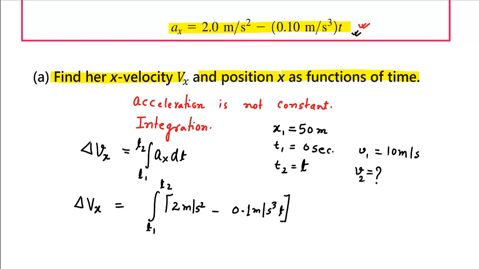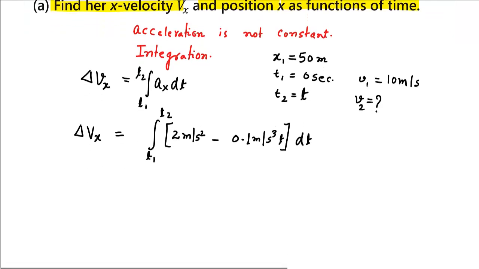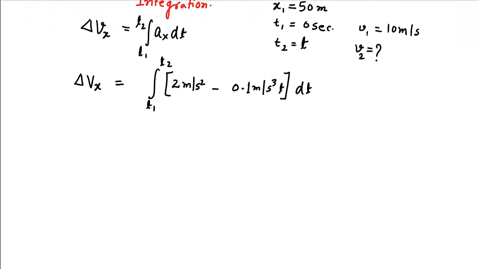Let us perform this integration. Delta Vx is nothing but v2, the velocity at time t2, minus v1, the velocity at time t1. Now this integration is relatively simple. The constant term is integrated with respect to t, so this becomes 2 meter per second square multiplied by t,